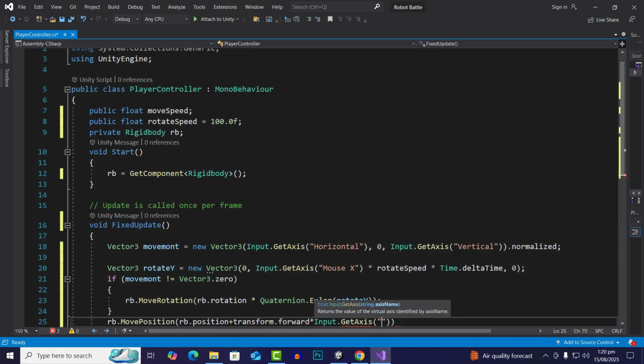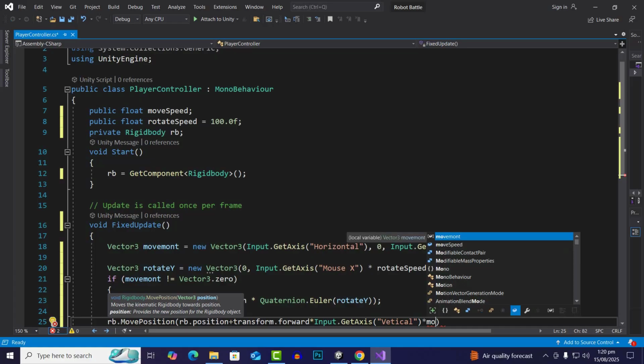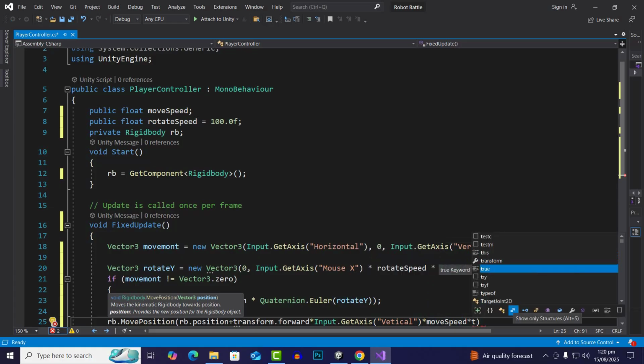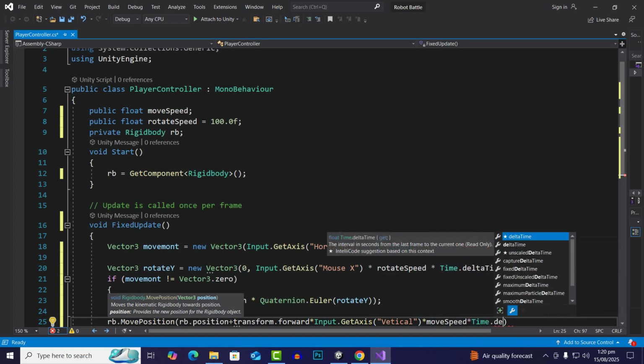So when we press, we will actually use the vertical axis, then we will move forward in the forward direction, and multiply by moveSpeed. And then multiply by Time.deltaTime,